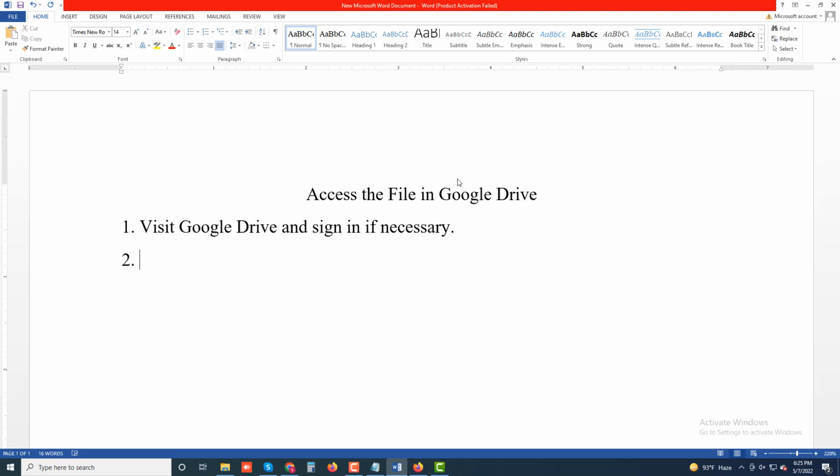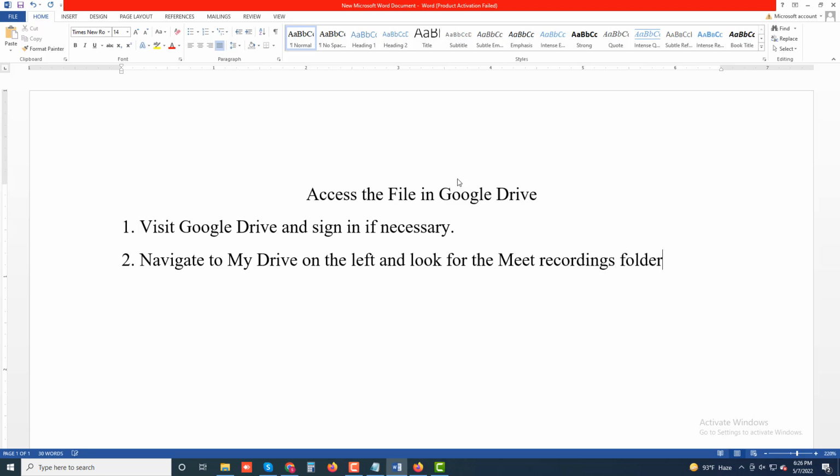Second, navigate to My Drive on the left, and look for the Meet Recordings folder on the right,